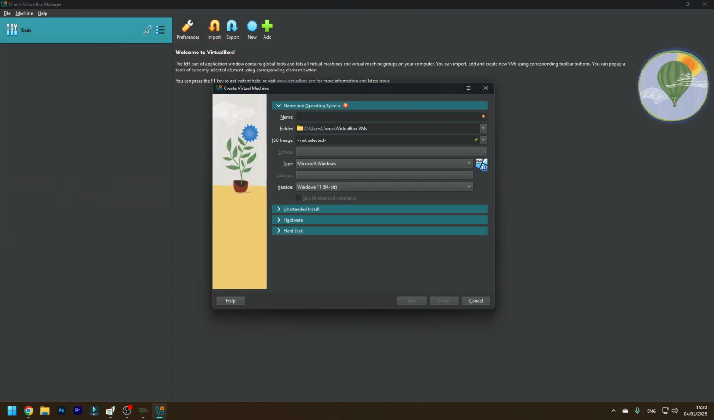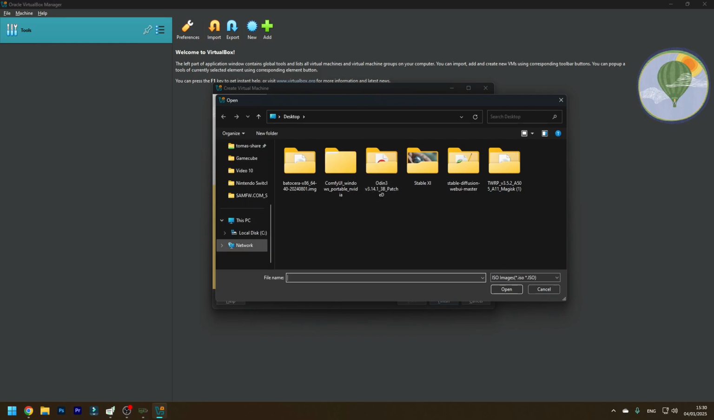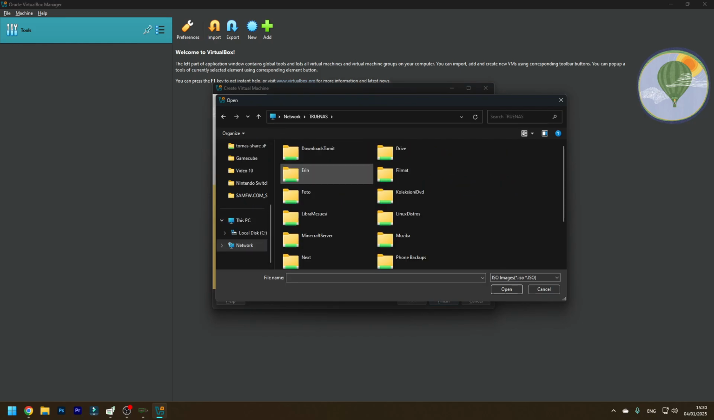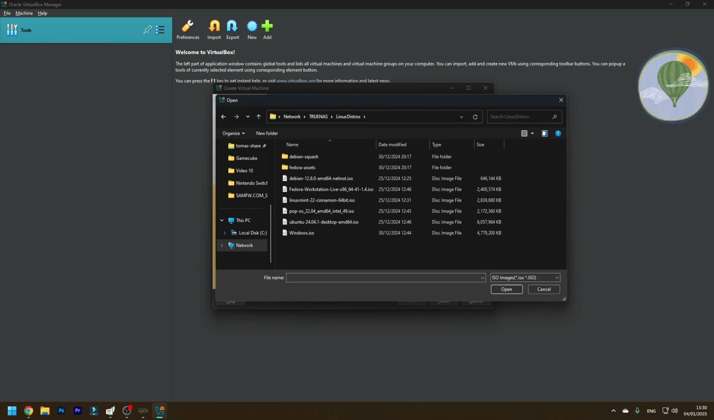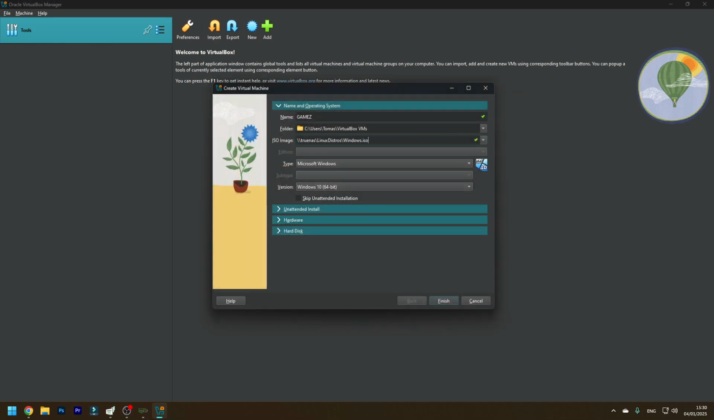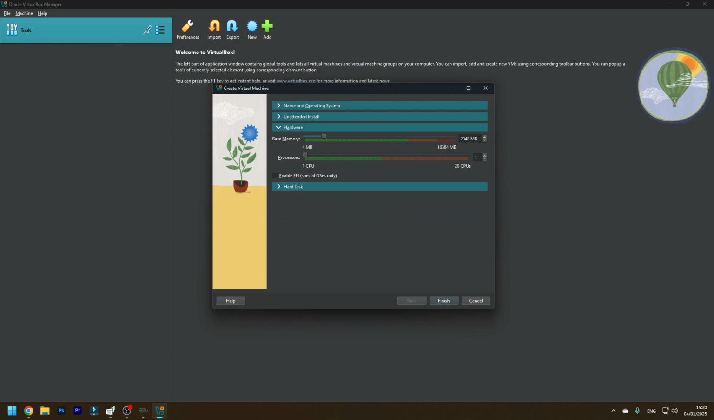You can go new, you can give it a name, I don't know. You can use the folder you want to install it, and also your ISO. For example, if you want to make another Windows machine, which would be kind of cool, not very useful, select Windows here. It would already recognize Windows 10, and that would be everything. I would go to hardware, assign some memory. I would give at least 8 gigs if you have it, and